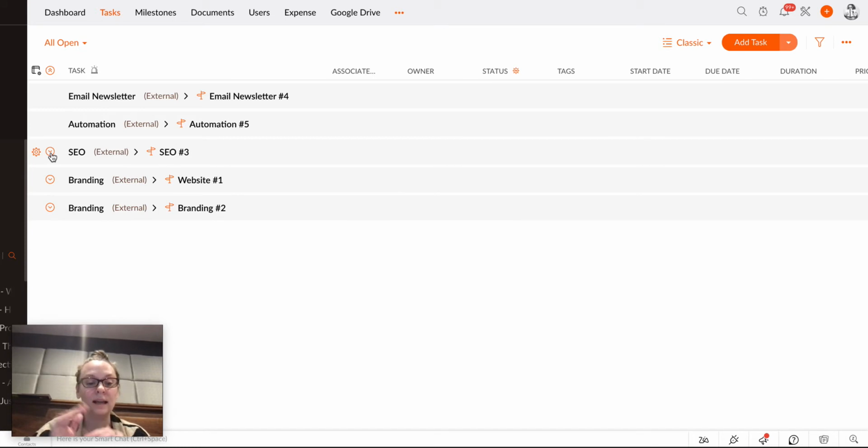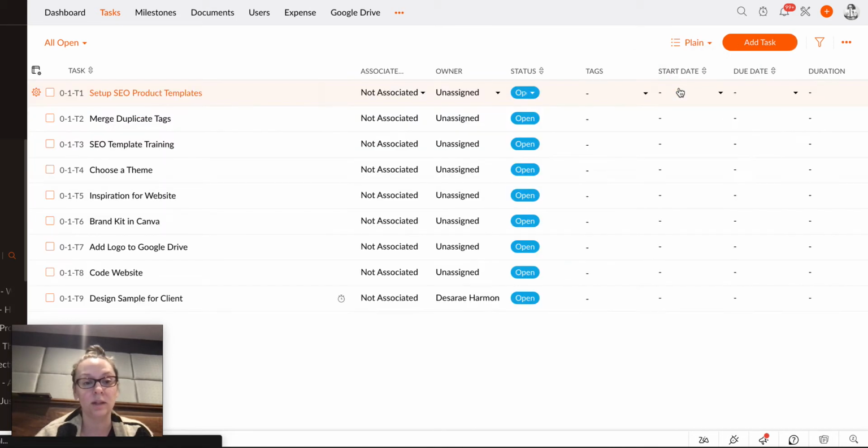If your tasks get very long, this allows you to have a whole bunch of them very well organized, versus seeing a whole list, which is available to you and is a perfect way of viewing the screen when you actually want to just choose your monthly goals. So to change the view, you go into the top right-hand corner next to where it says Add Task. Currently I'm under Classic, and I will switch that to Plain,